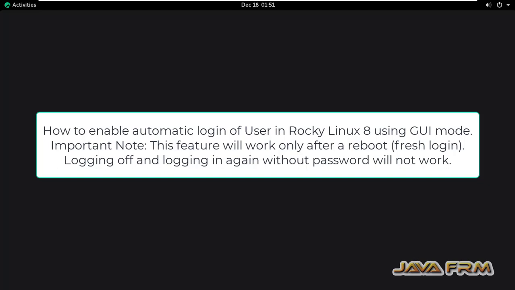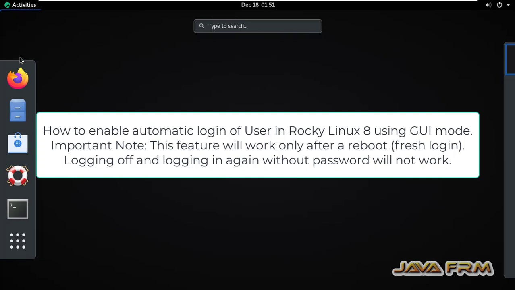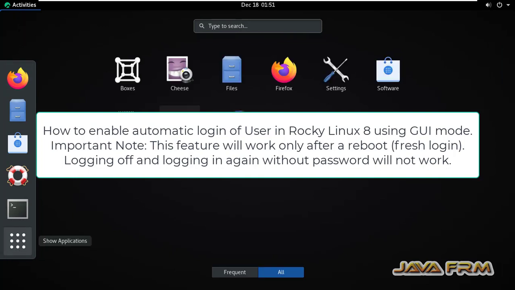Welcome to Java Forum. Now I am going to show you how to enable automatic login to user in Rocky